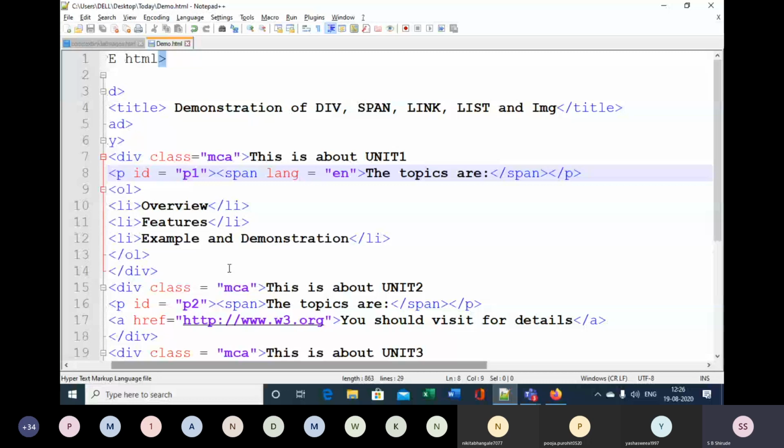Along with that, we learned the inline elements such as span, I, EM, B, strong, code, sub, SUP, and BR. And we have learned many character entities that we can insert. So this way we have learned about making use of these elements.